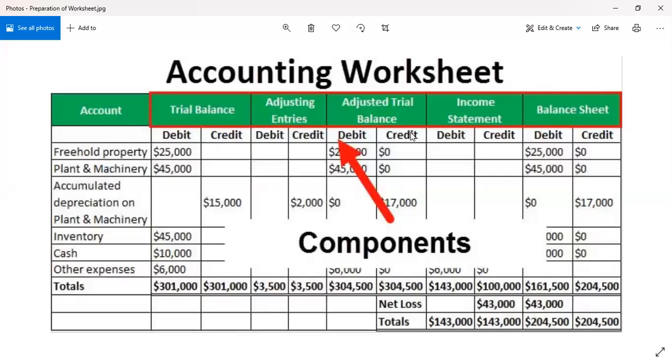Good day, everyone. For this particular session, we are going to discuss the next step of the accounting process. Actually, we are now on the fifth step, that is after the preparation of adjusting entries. So make sure to watch those lengthy parts discussing the various adjustments. For now, this will be the continuation: the worksheet.